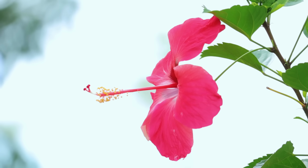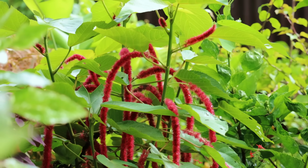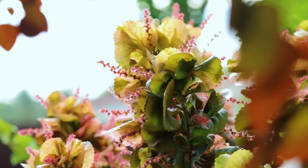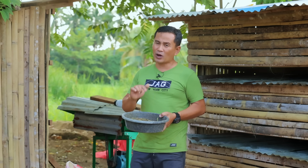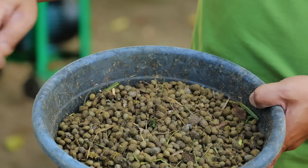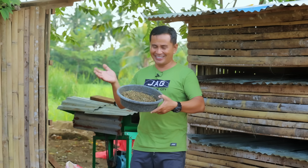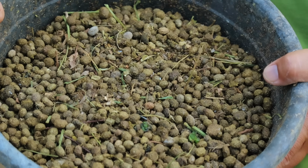It amazes me so much that these flowering plants are not failing us with their very beautiful flowers every morning. And this is attributed to the kind of fertilizer that we use. And if you ask what, then I will tell you, this is the one, the organic fertilizer out of this rabbit poop. So this is my desire, to distribute dried rabbit poop among the farmers here for free,